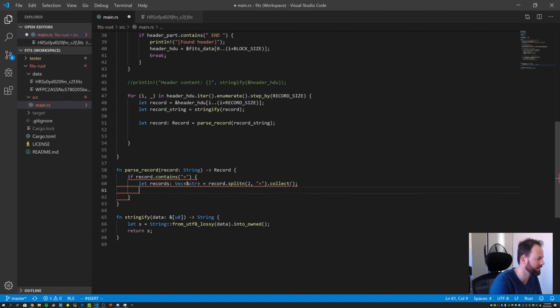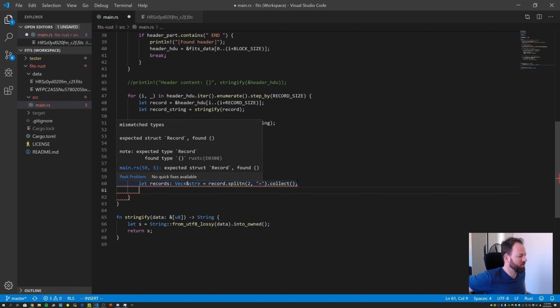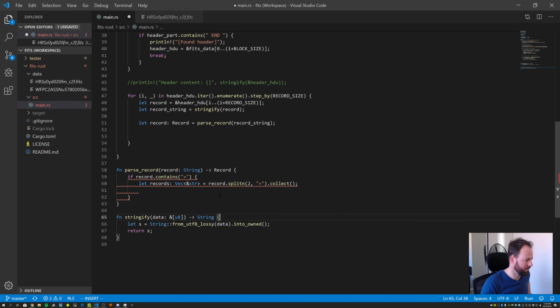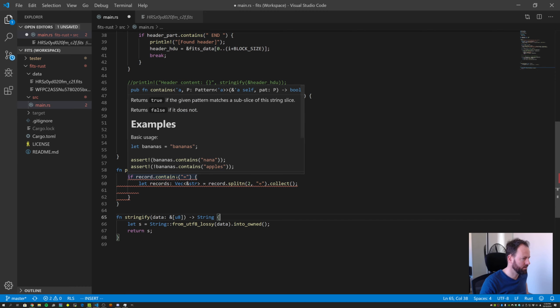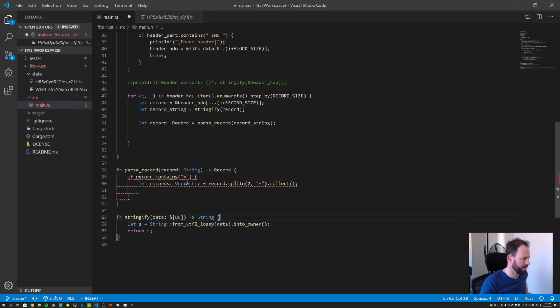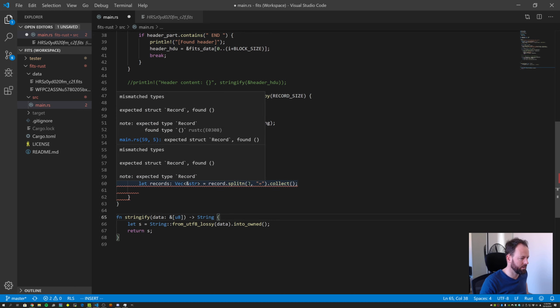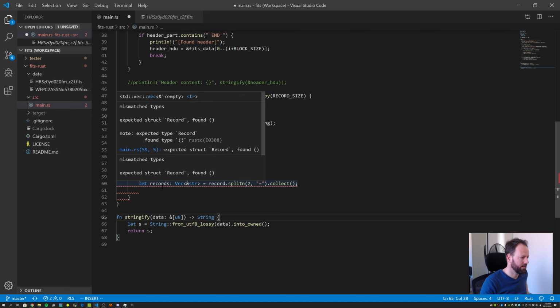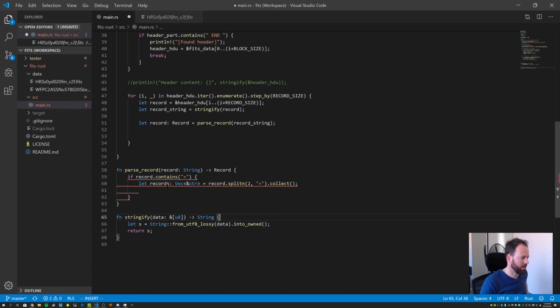Just want to try and get rid of the errors. All right, so this should kind of work. So if record contains equals, then we create a new vector of string slices, and we split on the equals and only return 2 parts, and then we collect them all together,